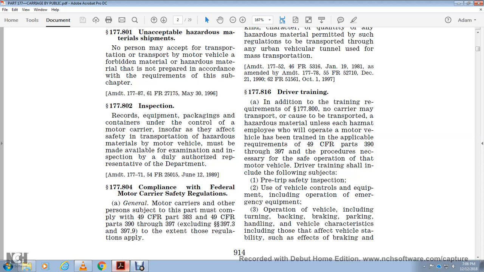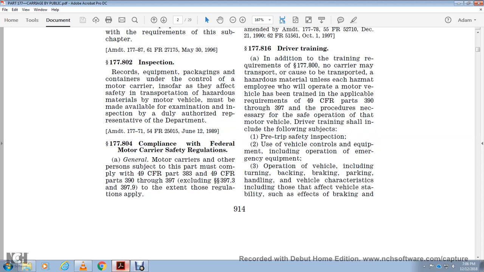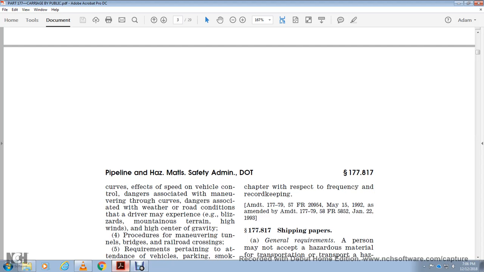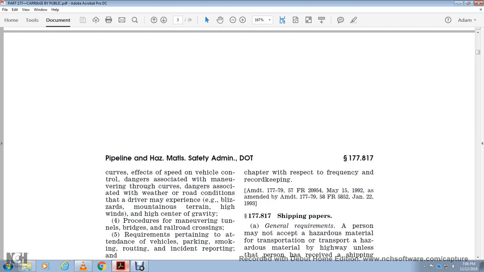including operation of emergency equipment; operation of the vehicle, including turning, backing, braking, and parking; handling characteristics that affect vehicle stability, such as the effects of braking and curves, the speed of the vehicle, and the control and dangers associated with maneuvering through curves; the dangers associated with weather and road conditions, where the driver must experience blizzards, mountainous terrain, and high winds; maneuvering tunnels, bridges, and railroad crossings; protecting against accidents; vehicle parking; smoking; routine and incident